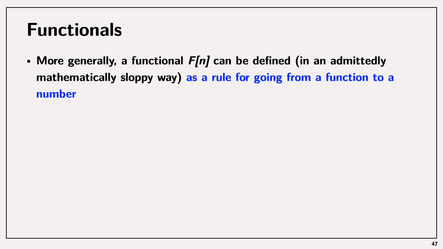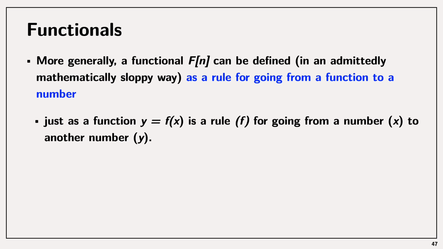But this is in a somewhat mathematically sloppy way, because there are all sorts of conditions that you have to fulfill mathematically, but we are not going to worry too much about those here. I'm going to say that the functional of n, again in square brackets, is a function of a function. So F of n returns a number for a given function n. So for example,